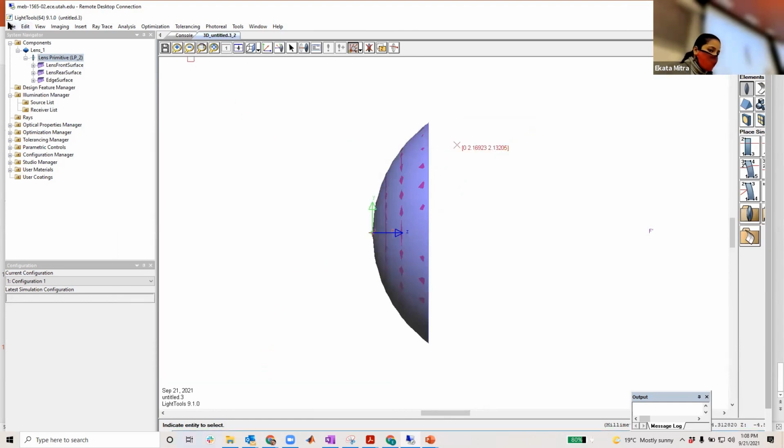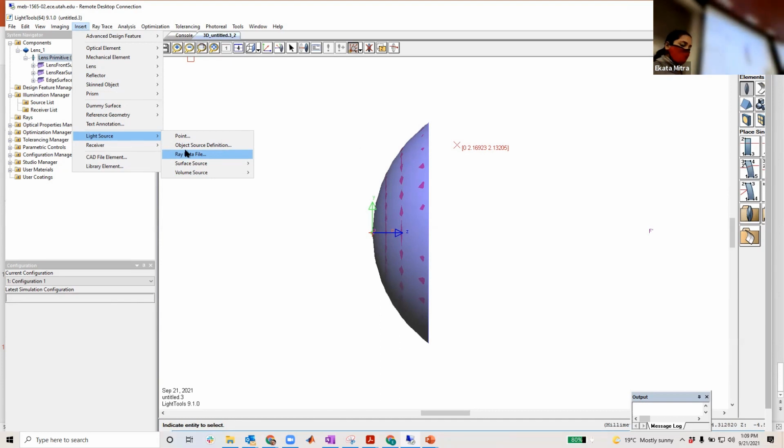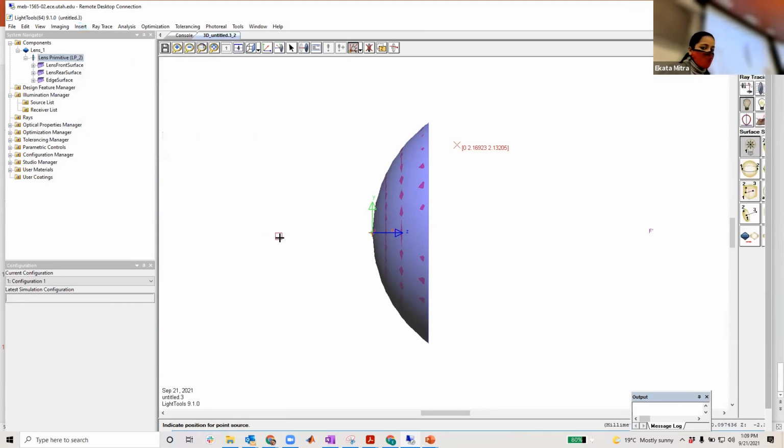And next, you have to insert a source, right? A light source. So under insert, you are going to have light source. Don't worry, everything is there, like I have written it like a flowchart in the slide. So you'll get it. If you are going to have a point source, you just click it, it is there.